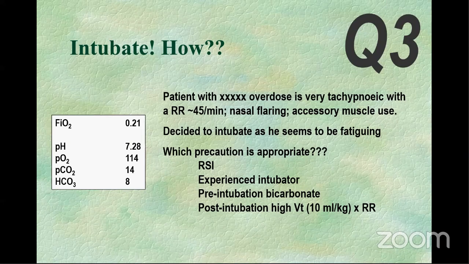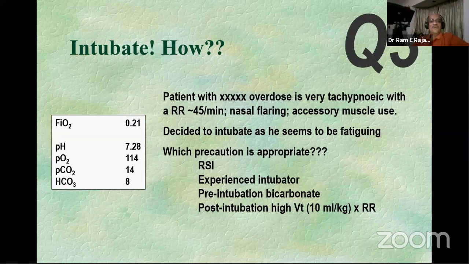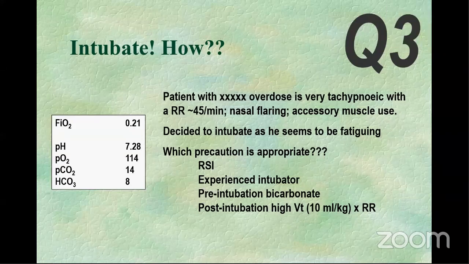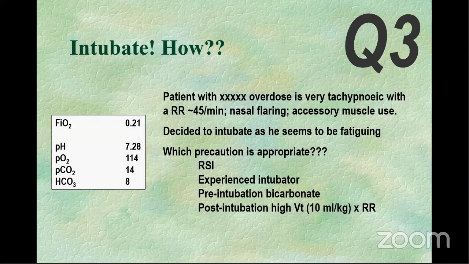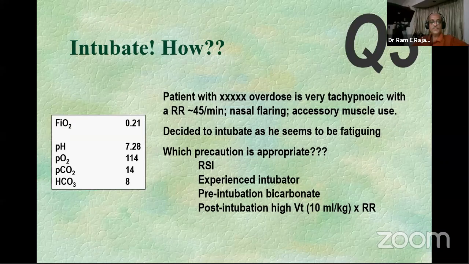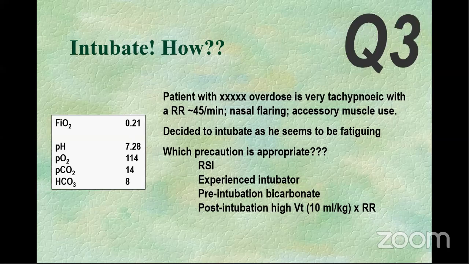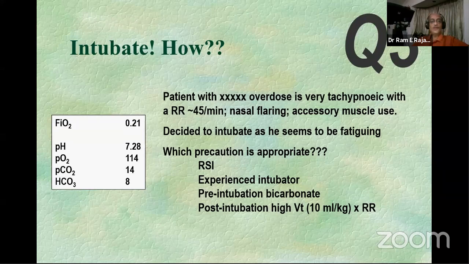I don't need you to calculate, but basically, with a bicarbonate that is that low, for a metabolic acidosis, the pH is a little on the higher side. So very visibly there is also a respiratory alkalosis, which is the reason that the pH is being pushed in the wrong direction.